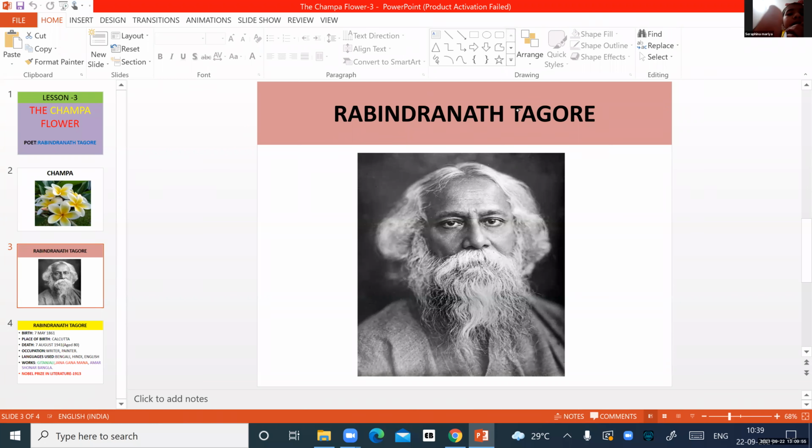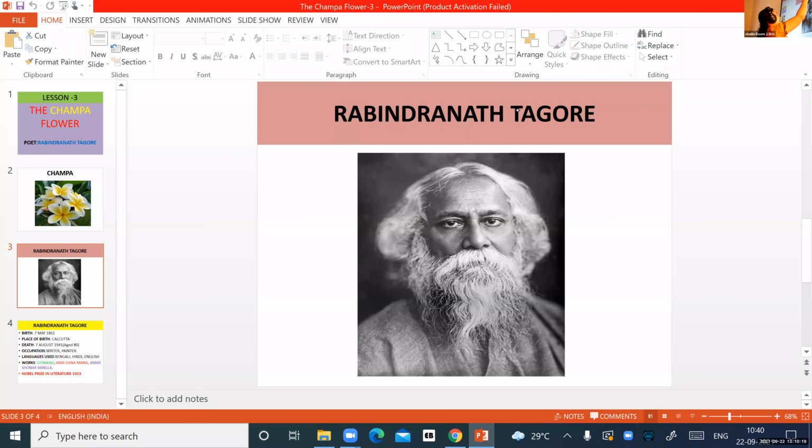Think and give me the answer. What is the title that was given to Rabindranath Tagore for his contribution towards literature? You must have heard Mahatma Gandhi, Sardar Vallabhbhai Patel, and so on.